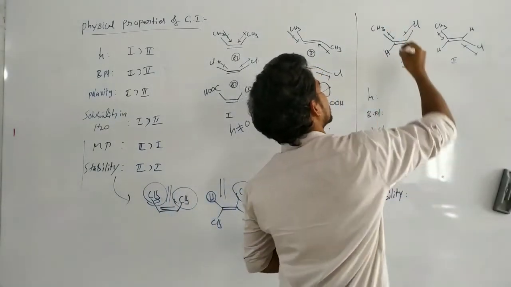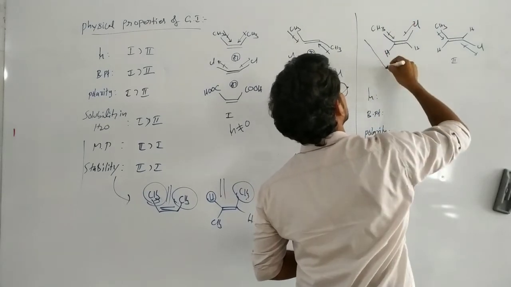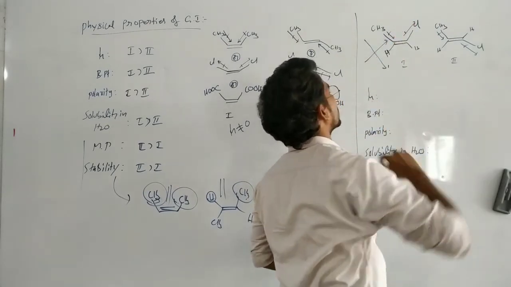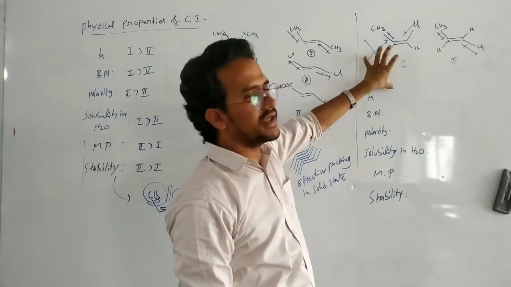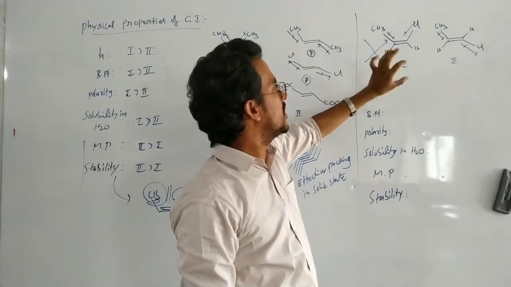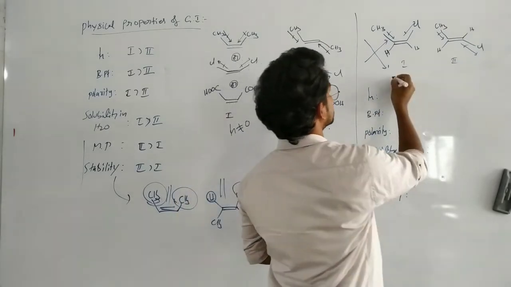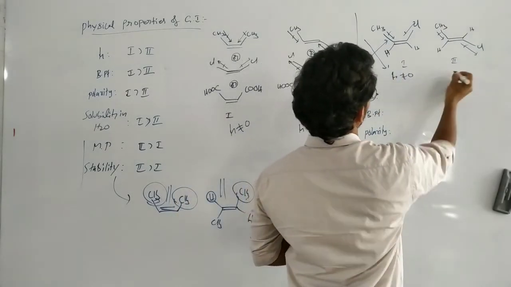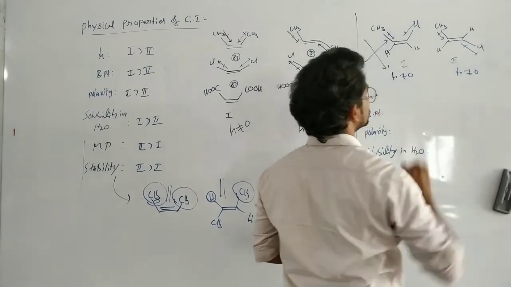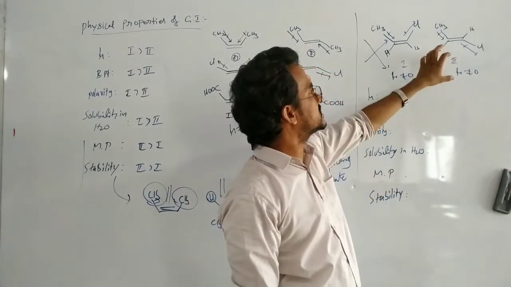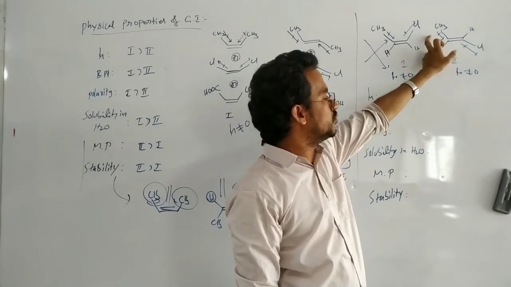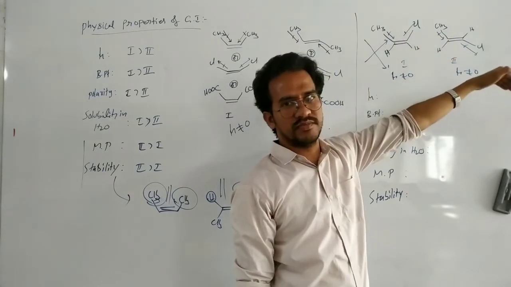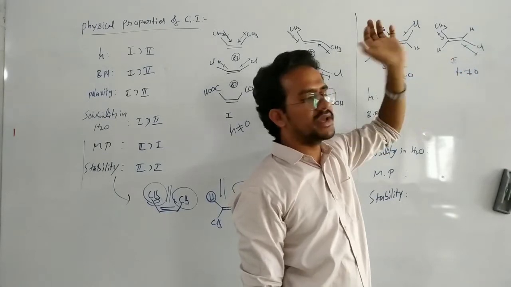But in this case the direction is different. Here one bond direction like that, but not exactly the opposite direction. So in this case mu not equals to 0. In this case also mu not equals to 0. But here the sum is exactly added because the direction of both bond moments is in one direction exactly. So addition takes place.